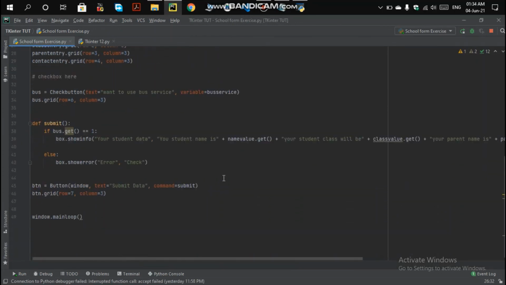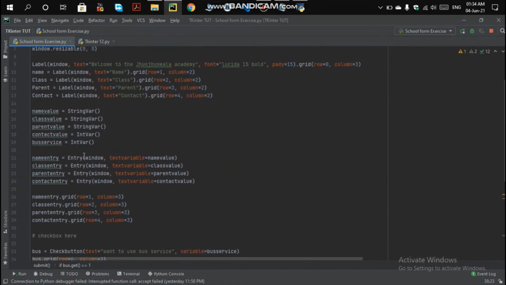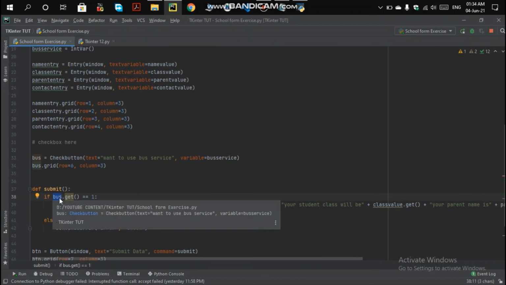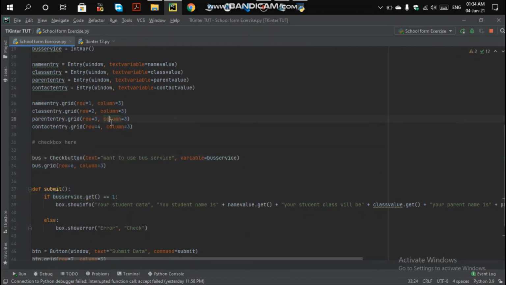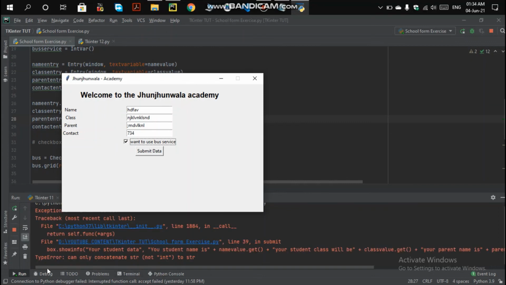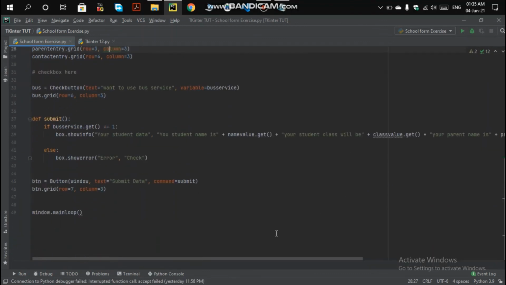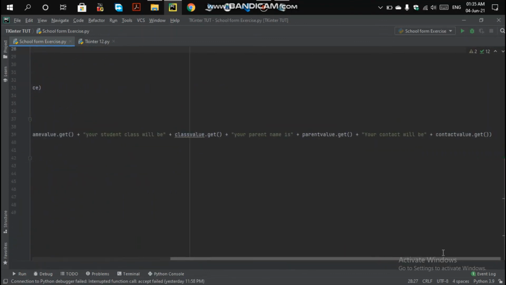Let me see what the error was here. Basically, the error is that you are getting the value from your bus service. So this is your bus service. Okay, when you run it, you see the values I had written, something like this, something like this, and something. You can write whatever you want. This will be type of int, so this is an int var, and you check it and submit data. Still, concatenation does not work here; concatenation is not working with your int type, your contact. So to get your contact value, let me comment it here, let me remove it here.